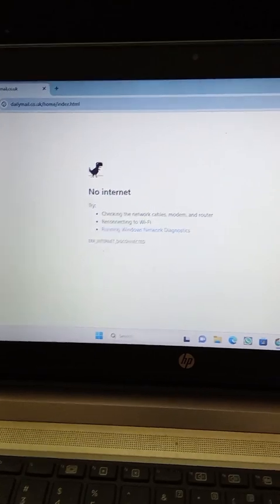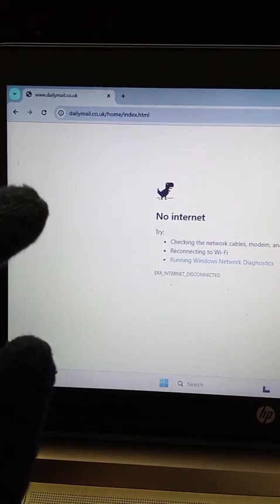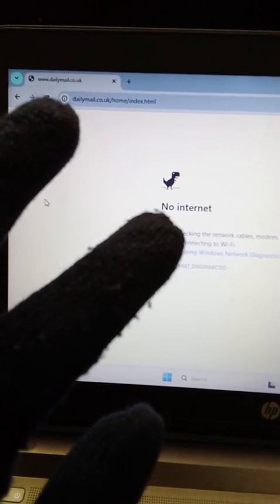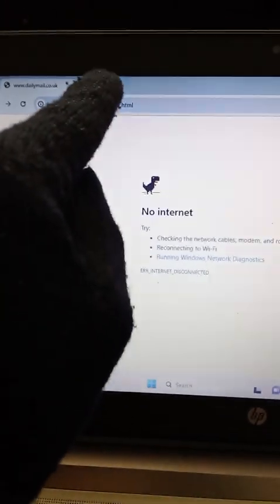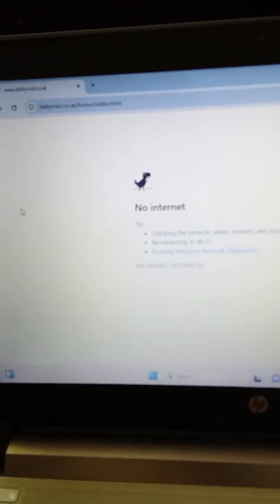Let me check the internet. This is the button for the internet. I don't have internet right now. But if you want to open another tab, like here, so that you can log on to YouTube to see some of your favorite videos, what you do,